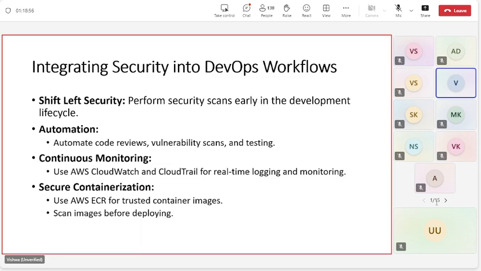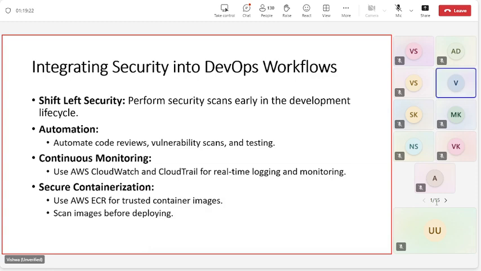And then we also have certain more workflows on DevOps which you can look into, like shift left security. Make sure that in the life cycle of development, you figure out the security issues as early as possible. That's the best practice.